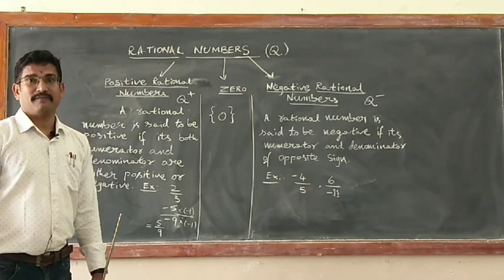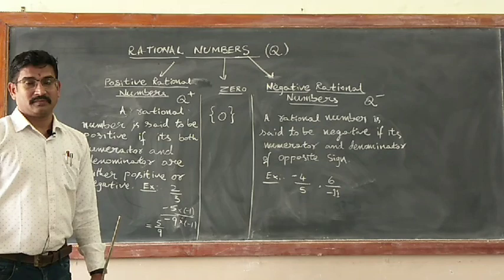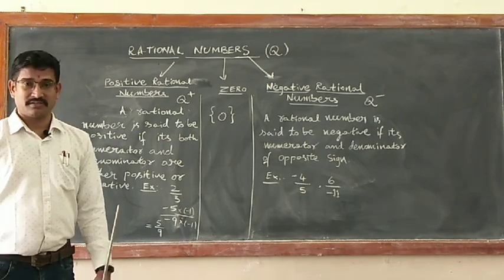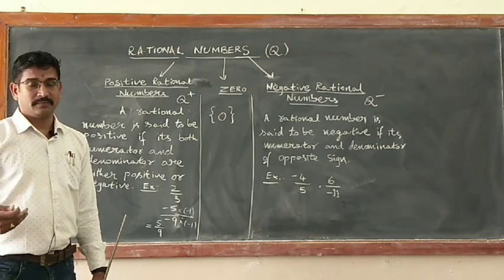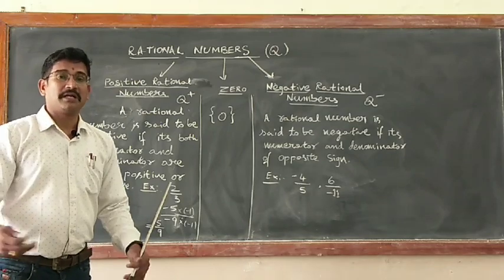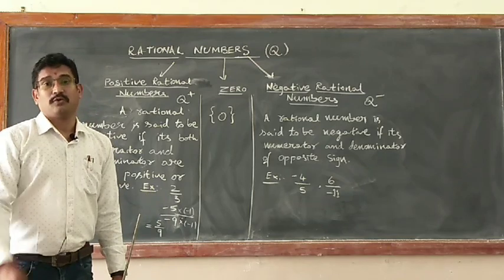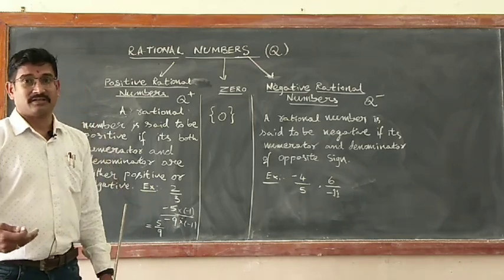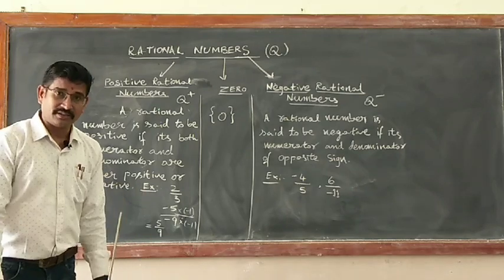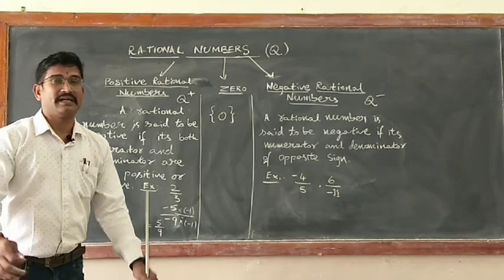on rational numbers. When we do addition of 2 rational numbers, how will the result be, and how to add two rational numbers, how to subtract two rational numbers? If we do subtraction of two rational numbers, what will the result be? And when we multiply two rational numbers, first of all how to multiply them, and then what will be the result and what nature will that result have? And division of two rational numbers, the procedure of doing it, as well as the result and its nature. We will be discussing this in our next session.